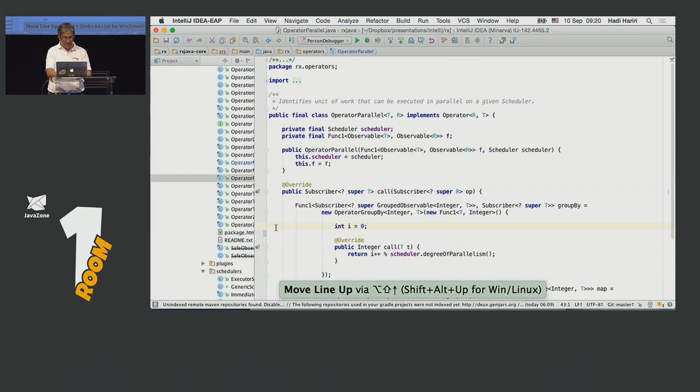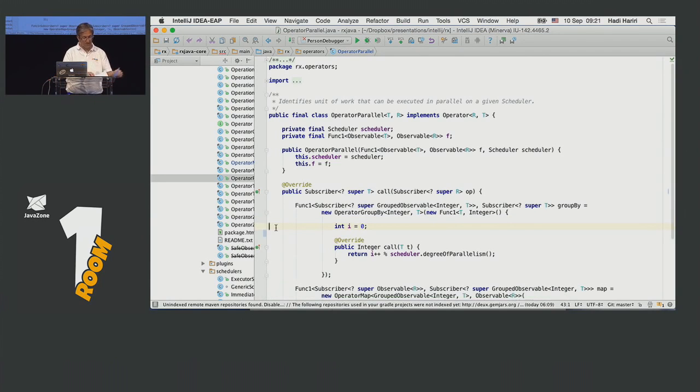If you want to delete a line, just press Control Y. Well, it should be Command Y. If you want to duplicate a line, press Control D. Okay, so that's how you move code around, and don't do those horrible copy-paste things that sometimes